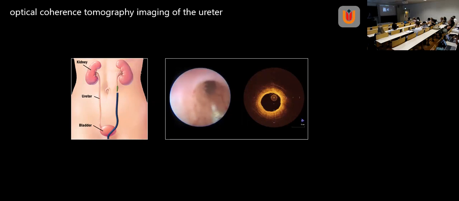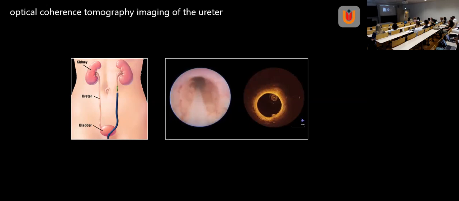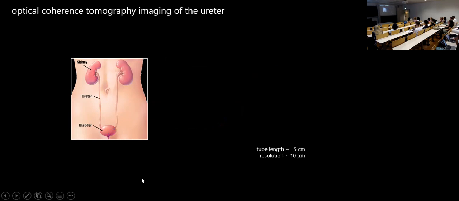There's a light beam that rotates around a central axis, and the reflected light is recorded in the same way, like a lighthouse. And then, while rotating, the focus slowly pulls back, so it makes this helical pattern where it scans the data and then builds up these images. Well, these images are then